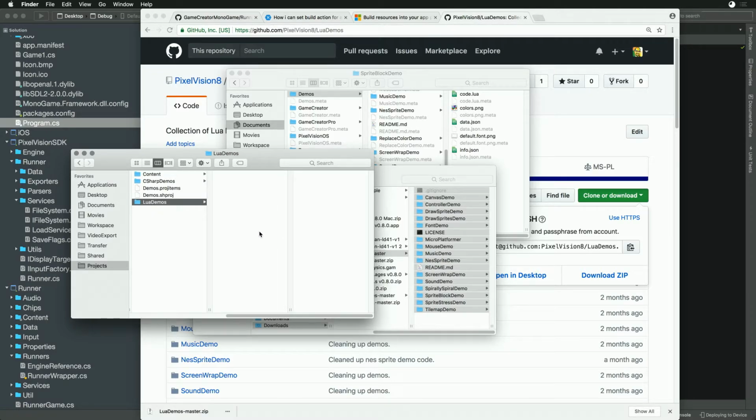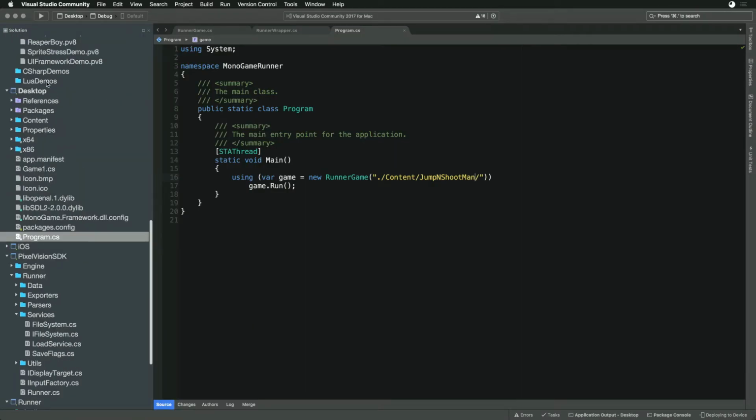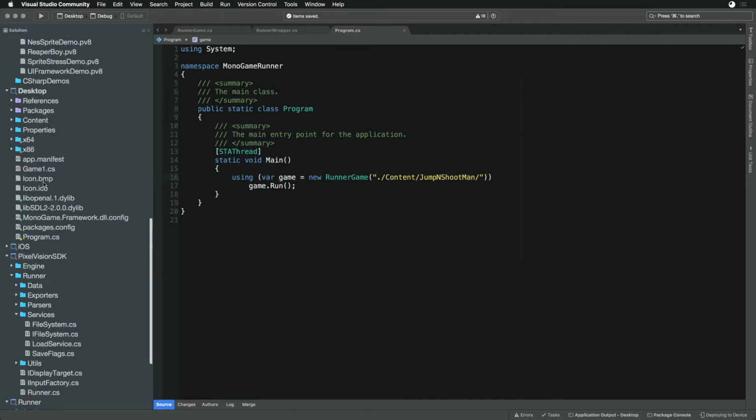So Lua demos, we'll paste all this in here. And now I'm going to remove this real quick. Yeah, just remove from the project. And then when I re-add it to the project,